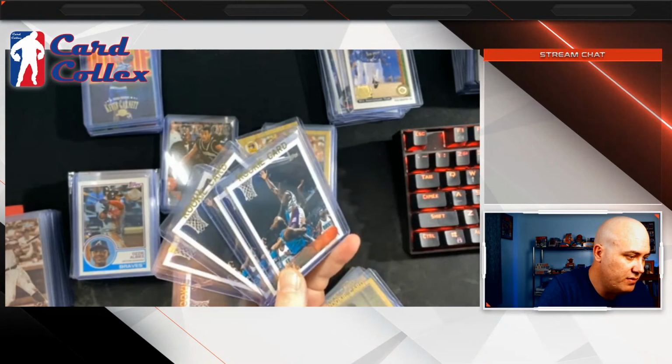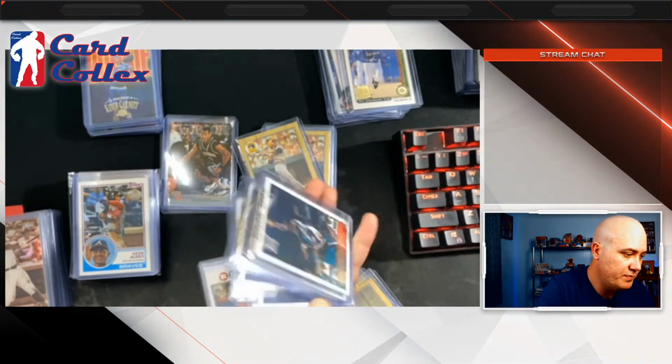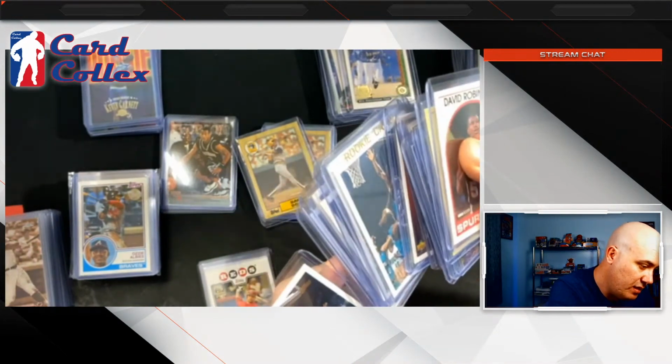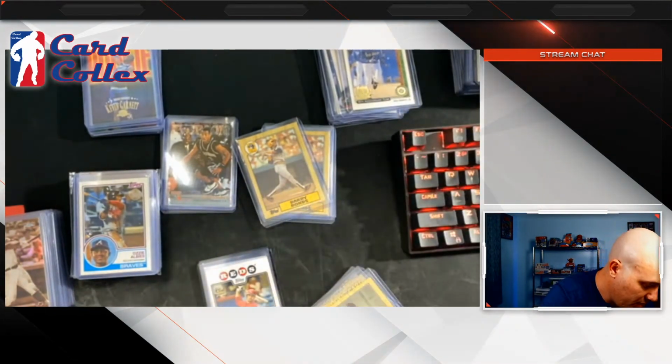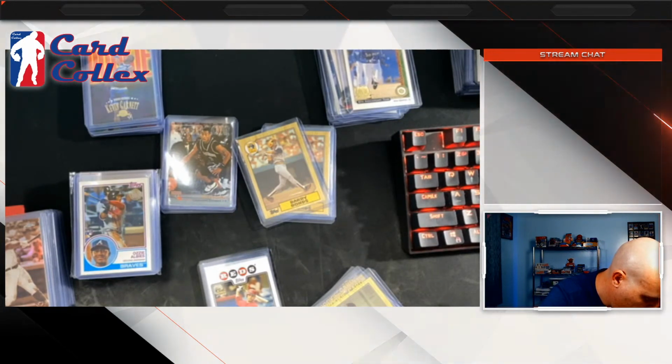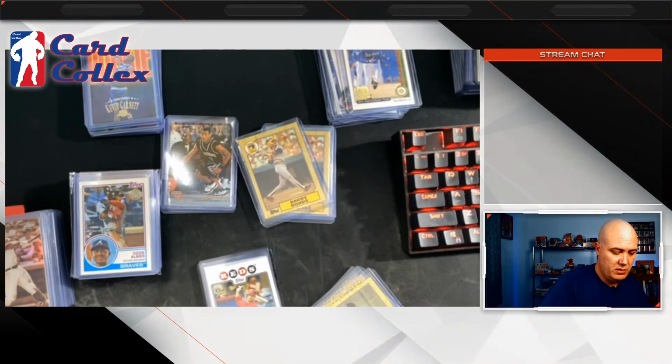Well, maybe not 20 of them, but I've got a few that I'm going to send off for grading. And then I've got a bunch here that probably didn't make the cut. Although I'm looking at this one, it looks really good.